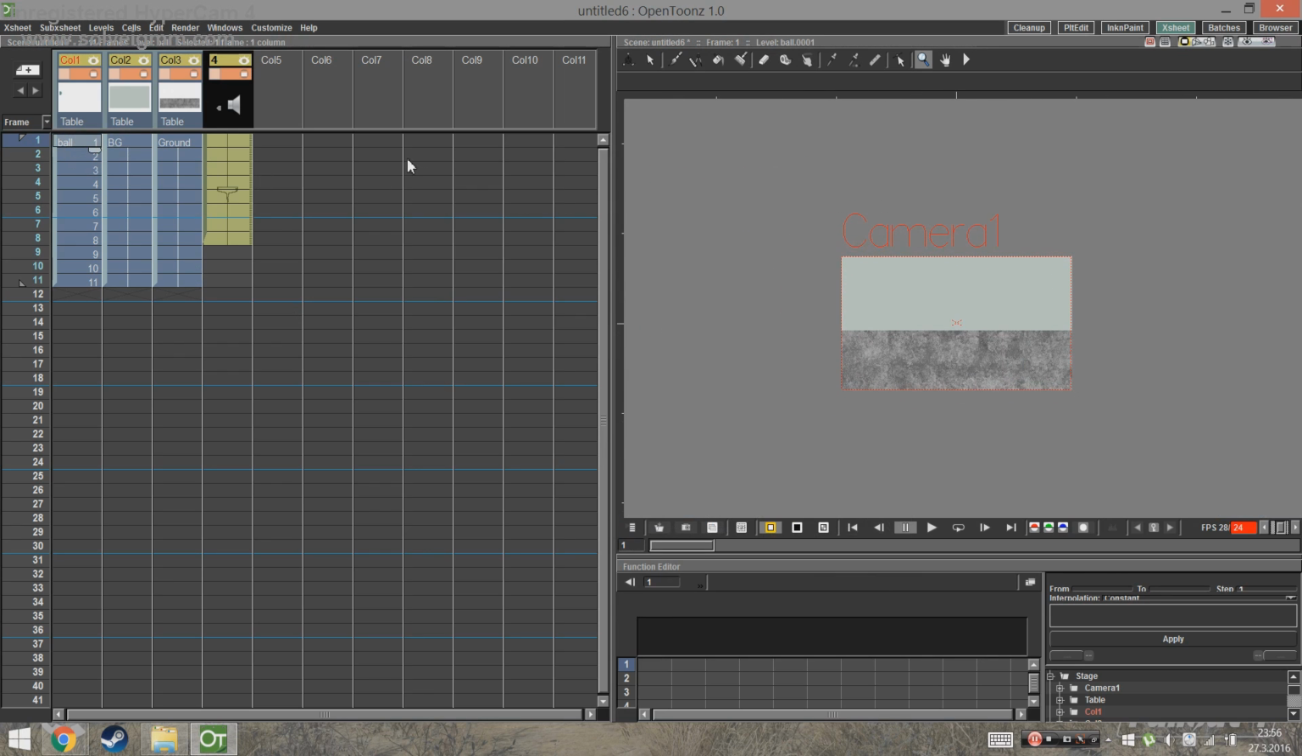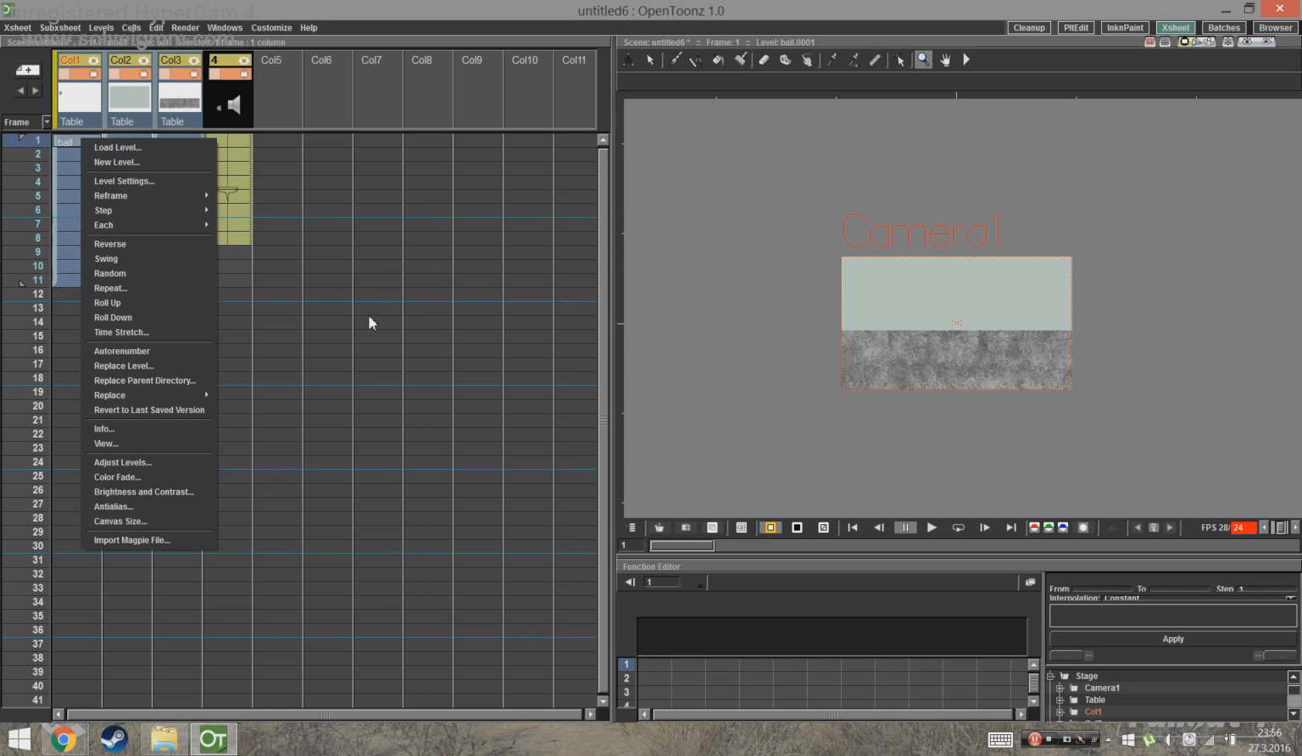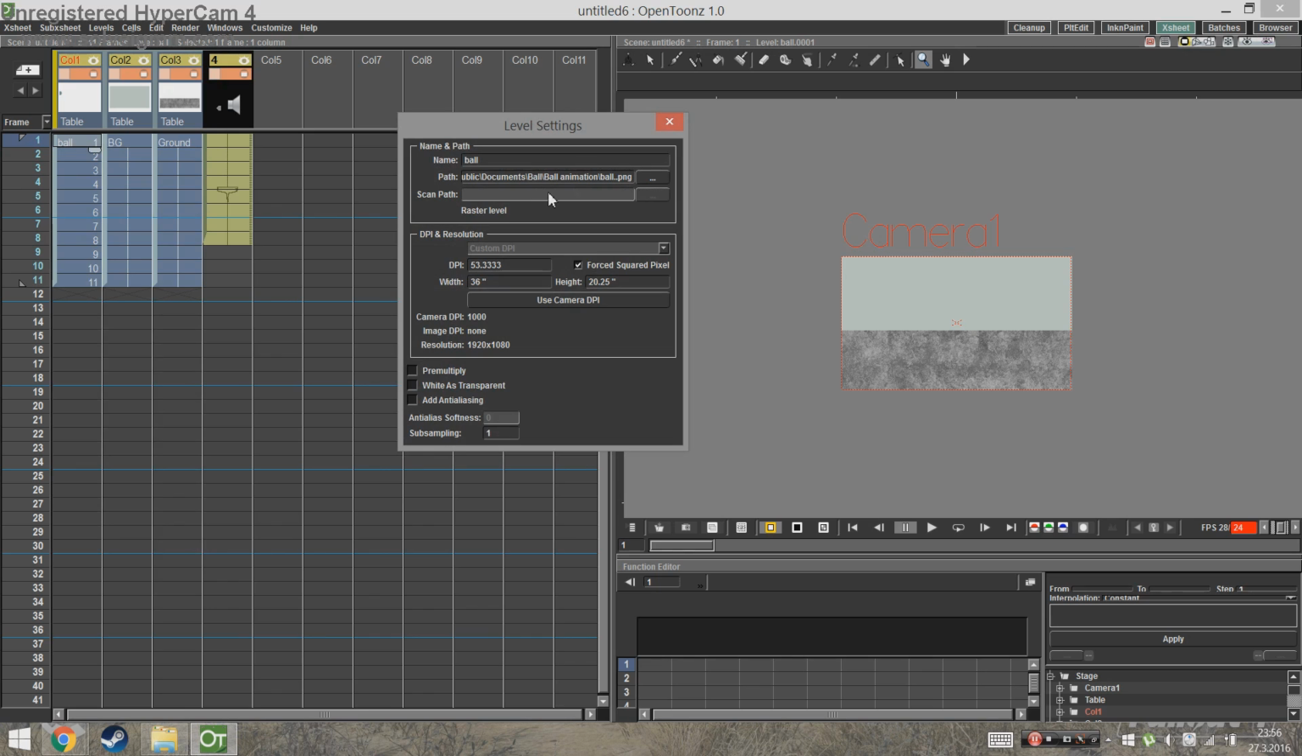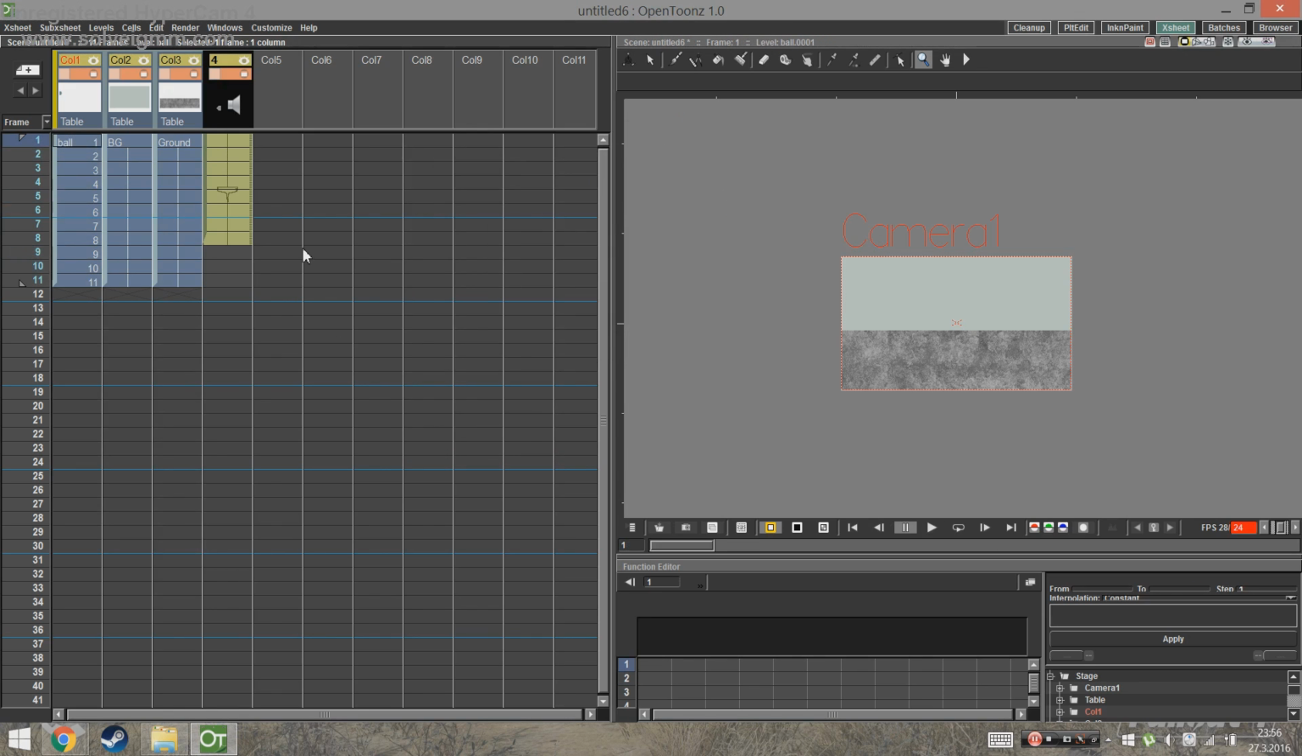So now, to make sure that the animation matches the rest of the files, right click on the animation level, and from the drop down menu go to level settings, and in there select use camera DPI and click away. So now you can see that we still can see the animation, and I'm going to show you why that is. So if I click on the pink bars on the columns to hide the files on the workspace and play the animation again, we can see that it's now visible,